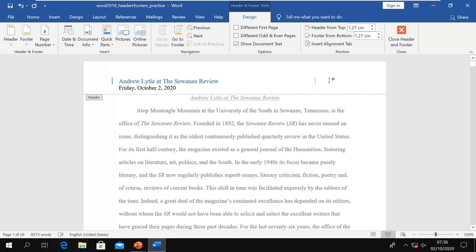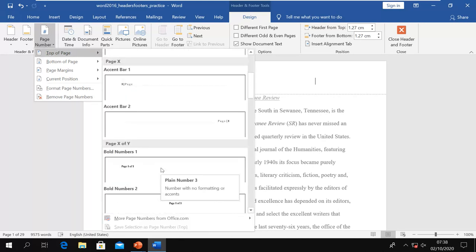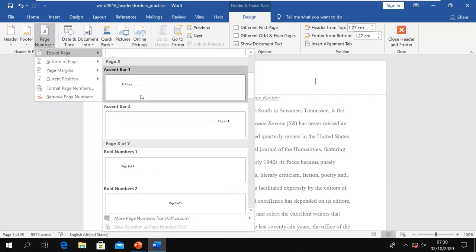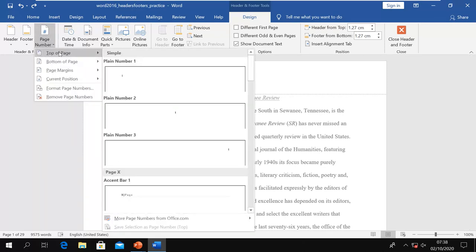my insertion point, then I go to Page Numbers, and then Top, and I want a page number like this. I have selected top, but you should not select top or bottom.